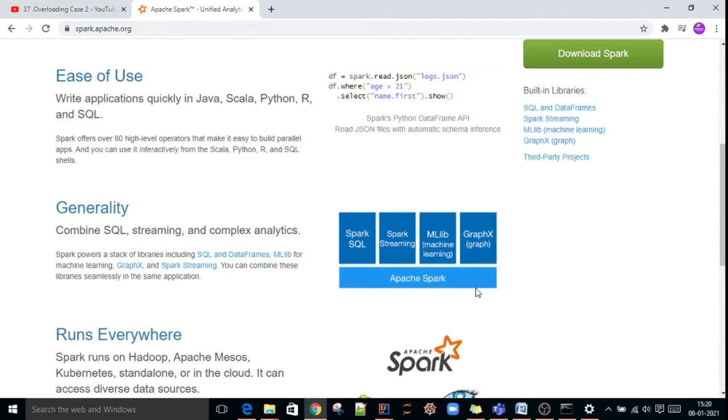Spark Core is a processing layer. It is similar to MapReduce, and Spark SQL, Spark Streaming, all these are ecosystem tools of Spark. Okay. So if you are developing some Spark SQL program and you are executing it, again it will be converted to the Spark Core logic, okay, and then it will be executed.